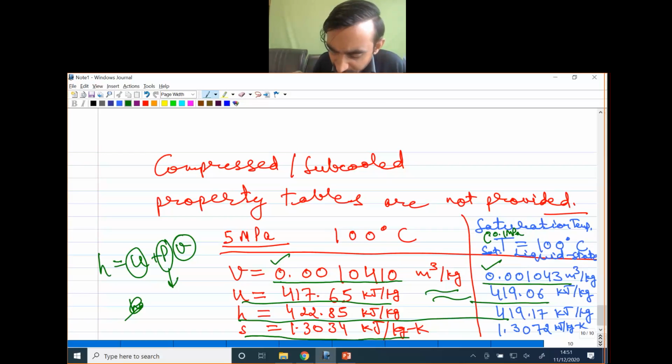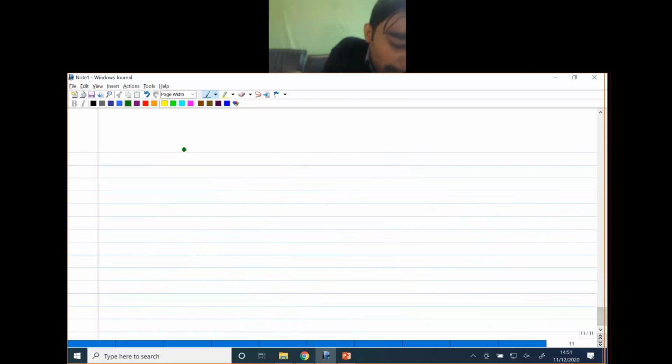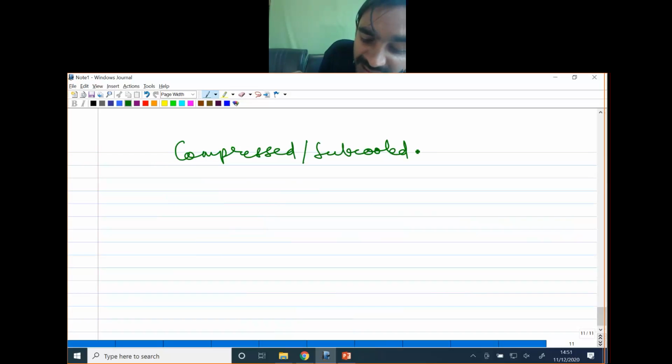However, in terms of entropy, we don't have much change while going to the compressed state. So from this illustration, we can conclude that if the compressed or subcooled state is given and property tables are not available,